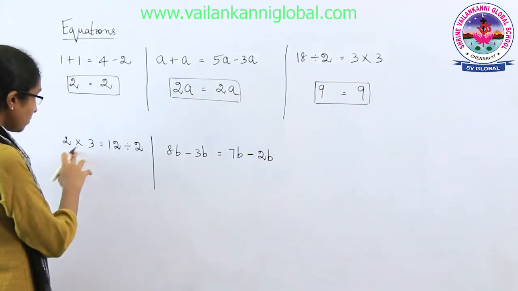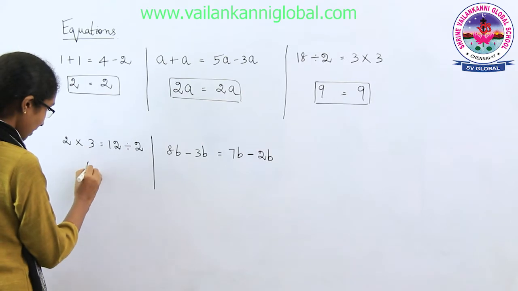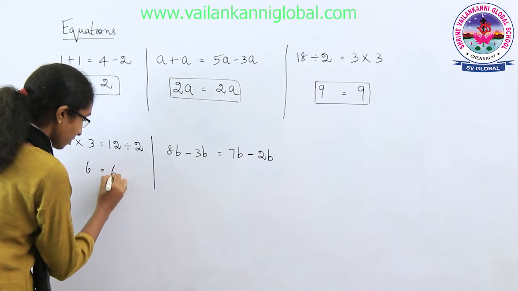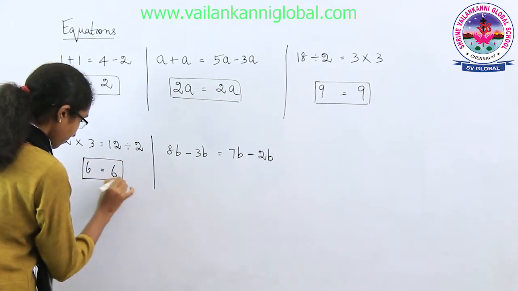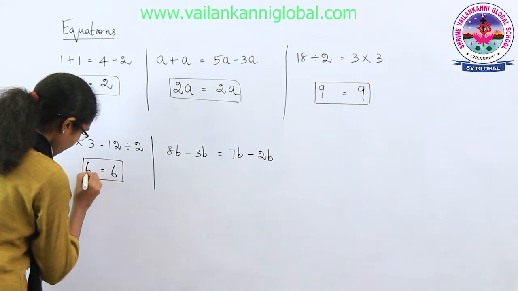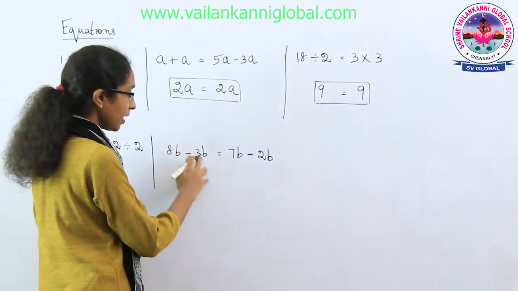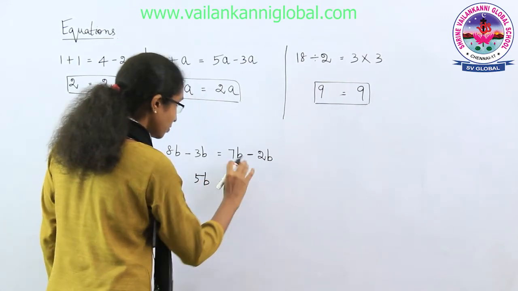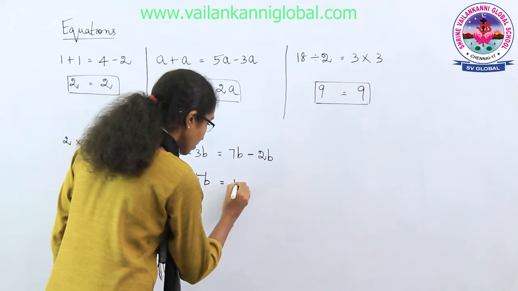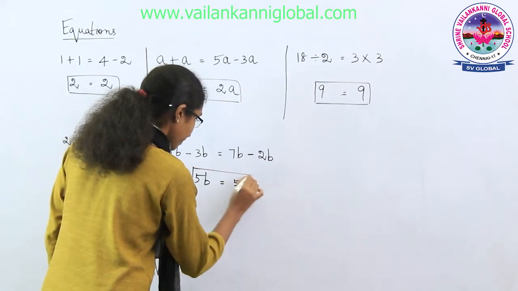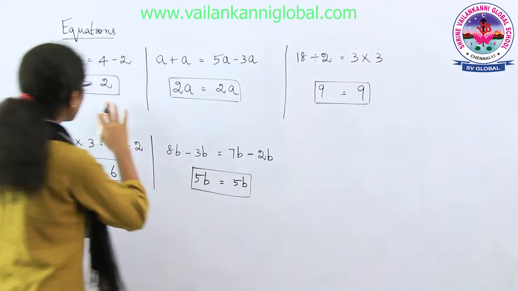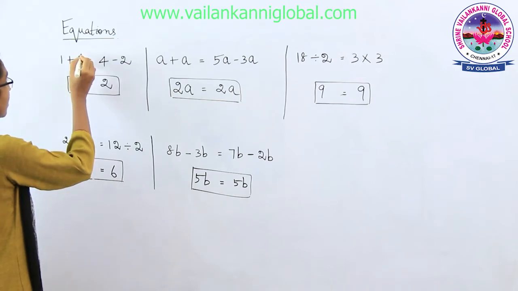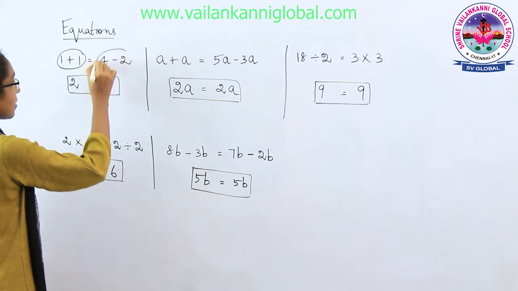Here we have 2 multiplied with 3, which gives us 6. That is equal to 12 divided by 2 also gives us 6. And here 8b minus 3b gives us 5b. That is equal to 7b minus 2b also gives us 5b. So when we look at all the answers, both the sides are equal, which means equation can be defined as,